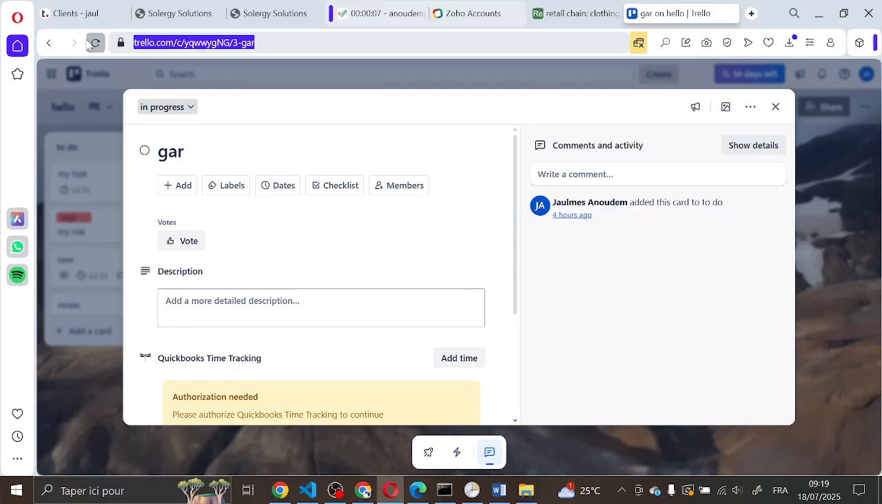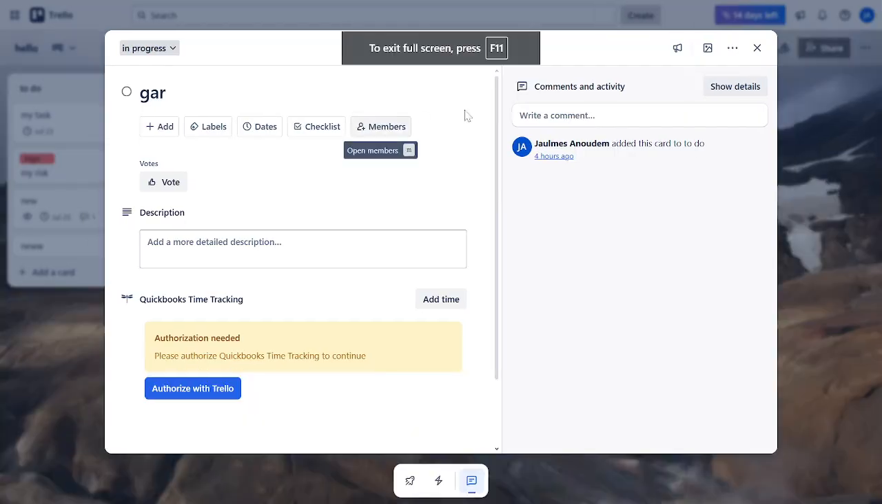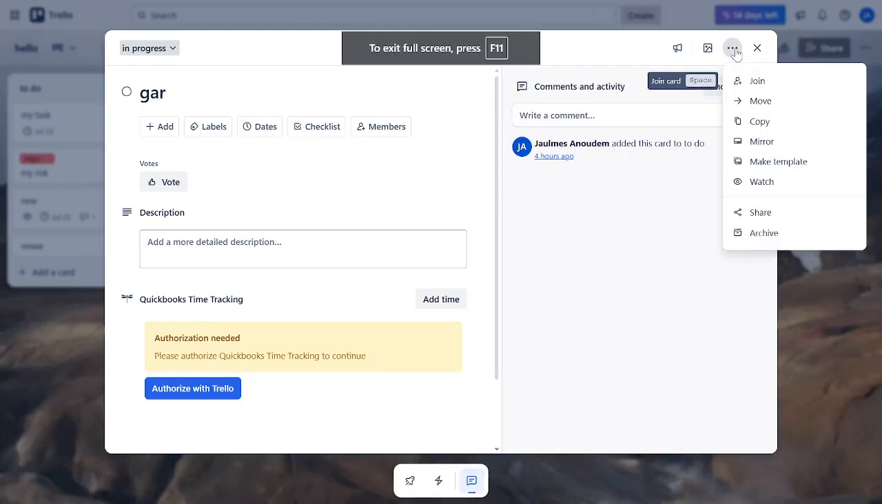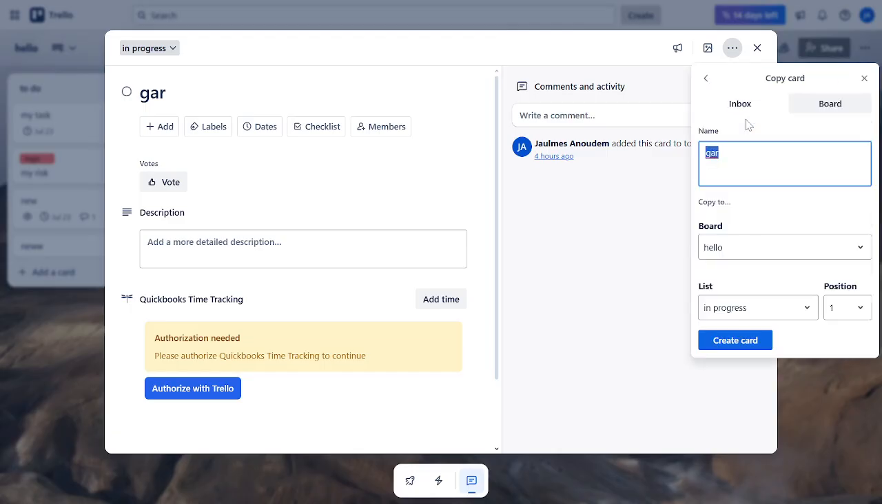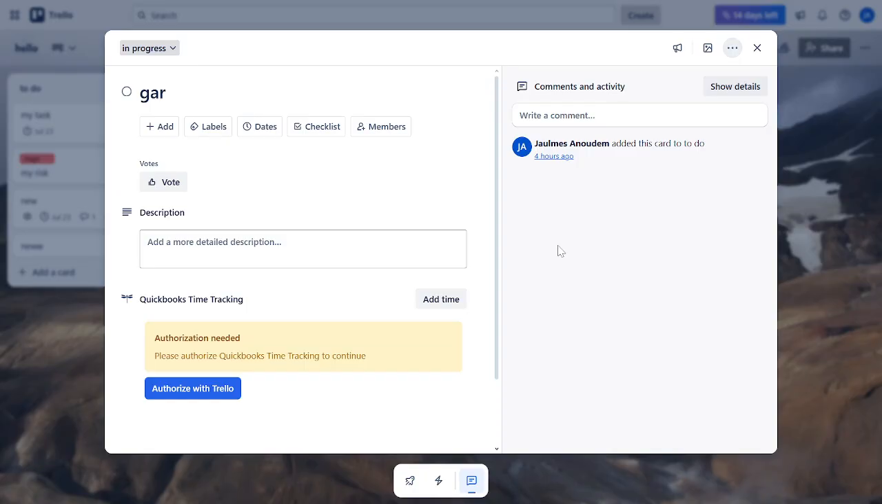Now that we've done that, we'll paste this URL somewhere safe, maybe your task tracking spreadsheet or a related email thread. Just right-click and select Paste. Let me explain why this matters. By doing this, you're creating a quick access route back to the specific card, saving you precious time and keeping